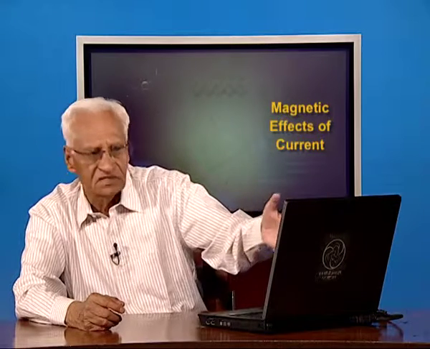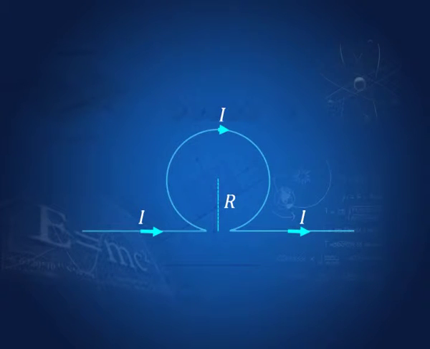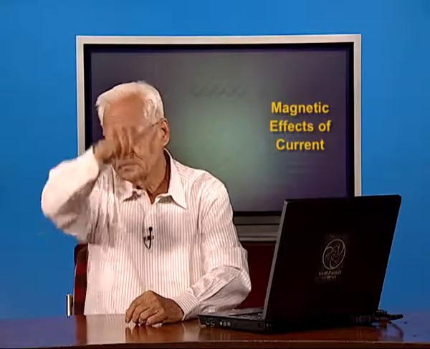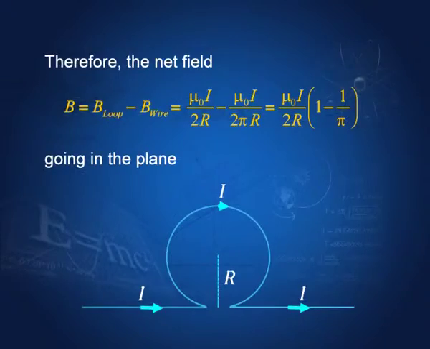Let us modify the arrangement slightly. Now, I take the wire and make a loop like this, not like this, but this kind of sigma, Greek letter sigma. So, the current goes like this and takes a loop and then goes like this. Again we have to find the field at the center of the loop. Now, you can work out and you will see that the fields now are in the opposite direction, and therefore, you must take the difference of the two fields.